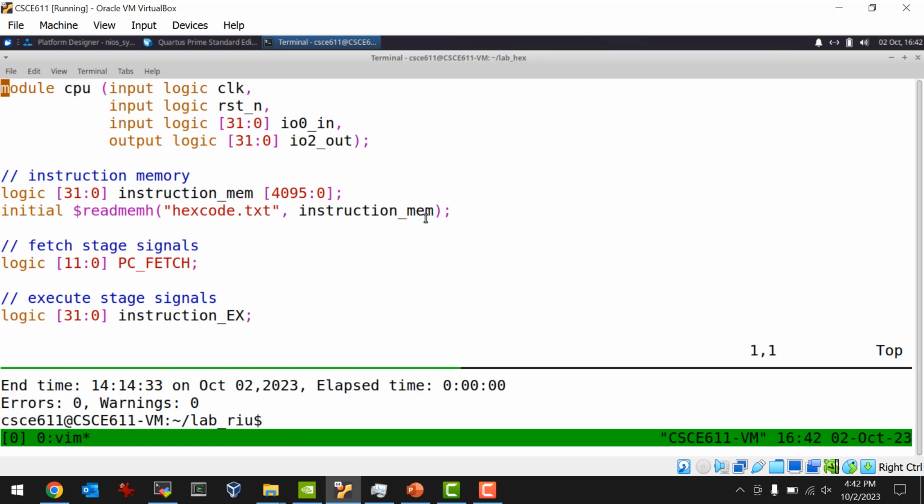We do need all 32 bits going out though, because those are going to go into 8 7-segment decoders. So you guys have your 7-segment decoders. Each group of 4 bits in IO2 out is going to go into one of the 7-segment decoders, and the outputs of those are going to go to hex displays. Okay? Then we have